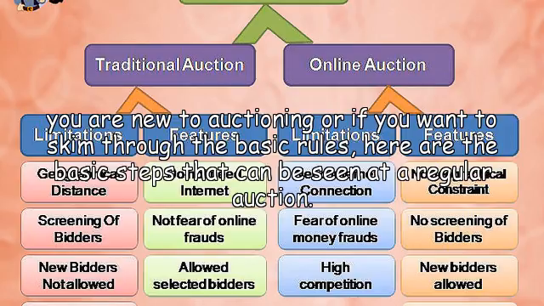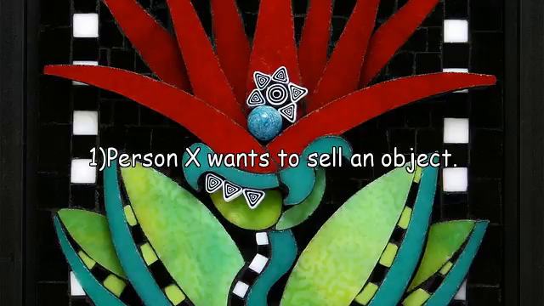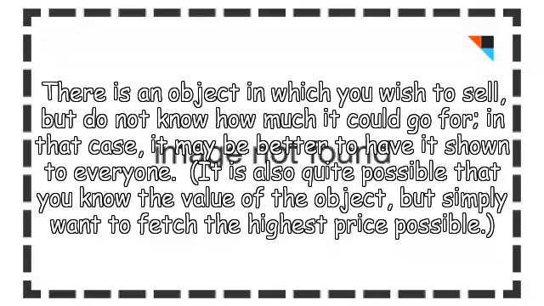In case you are new to auctioning, or if you want to skim through the basic rules, here are the basic steps that can be seen at a regular auction. One: person X wants to sell an object. There is an object which you wish to sell, but do not know how much it could go for. In that case, it may be better to have it shown to everyone. It is also quite possible that you know the value of the object, but simply want to fetch the highest